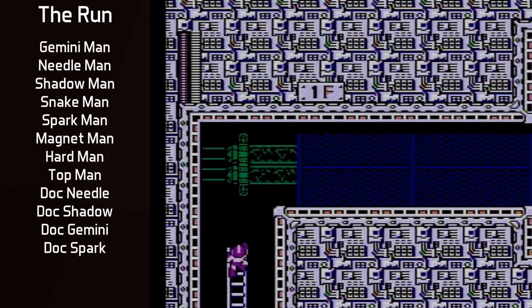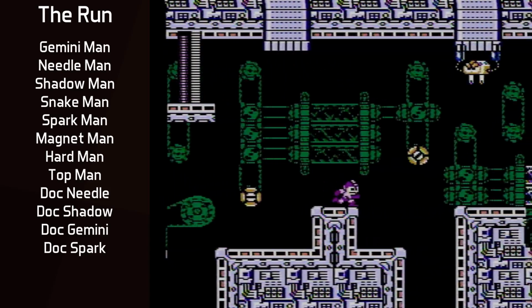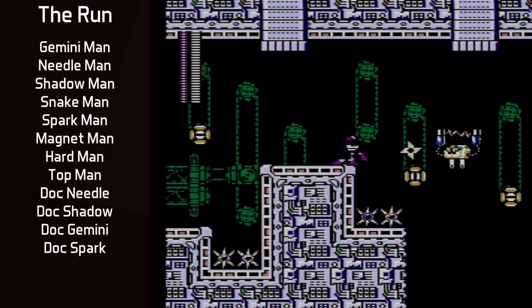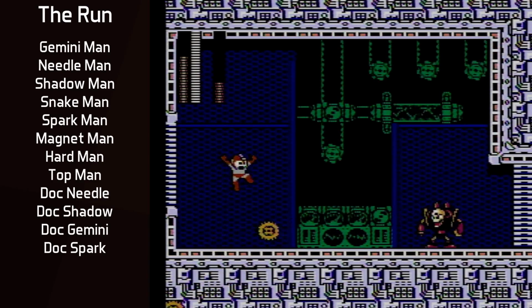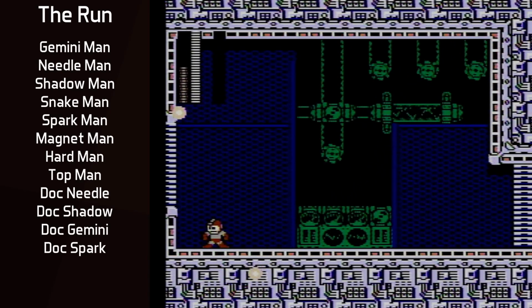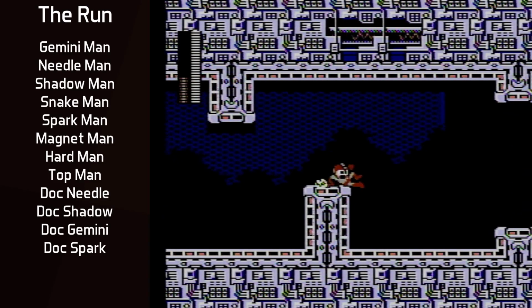The final Doc Robot stage, Doc Sparkman. The stage itself is not a major threat, but the section with the Elec N enemies must be cleared very methodically to be safe. Metal Man guards the checkpoint, and I played this fight relatively safe. One of the last patterns almost got me, the small jump with one metal blade, but I managed to scrape by. The second half of this stage is very easy with the Bolton and Nuton enemies,